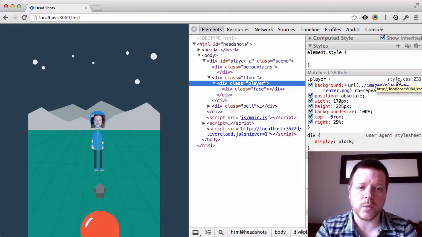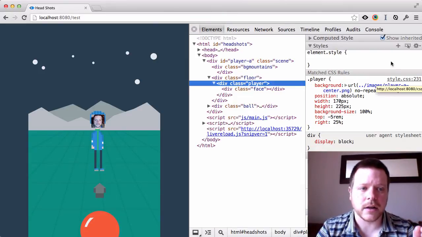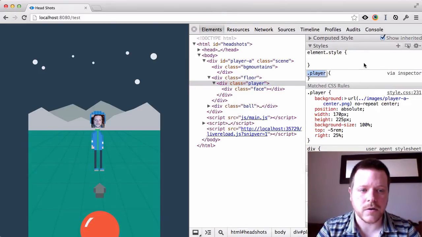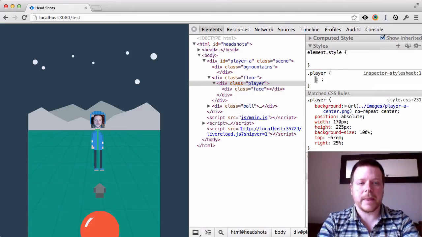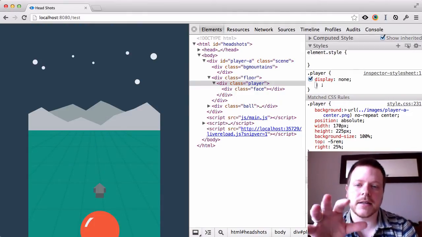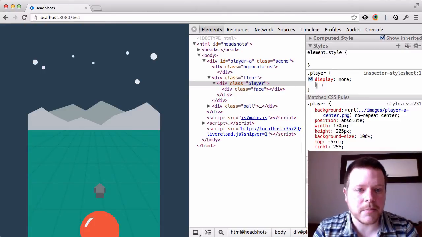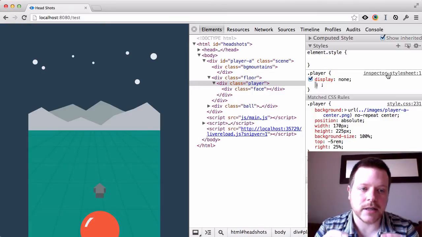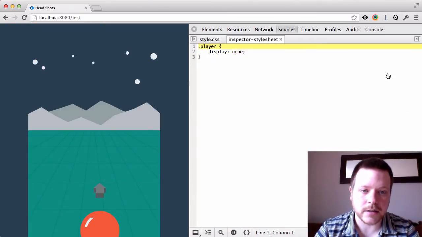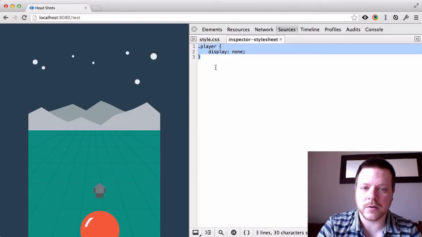And one other thing I'm coming across is inline styles. So if I create a new style rule that is .player, and I want it to be display none. Now that's affecting my desktop, but it's not affecting my mobile devices because of this, because the style sheet is inline to the inspector. So what I've been doing is clicking on this link and taking the inspector style sheet, just copying it all,